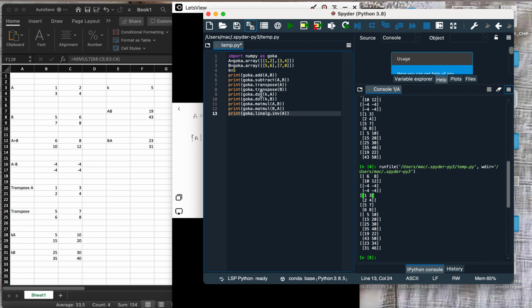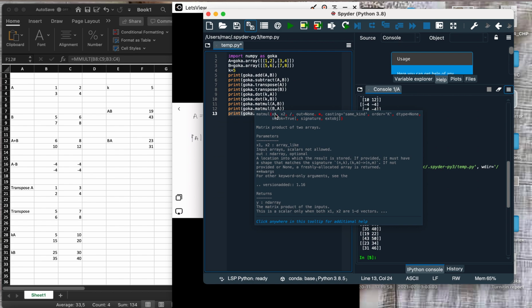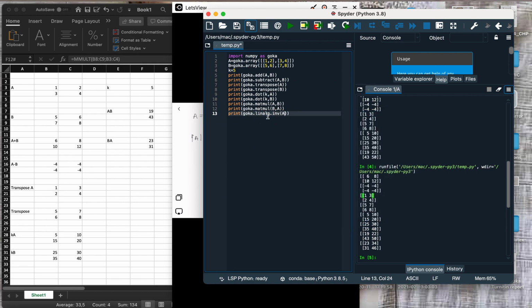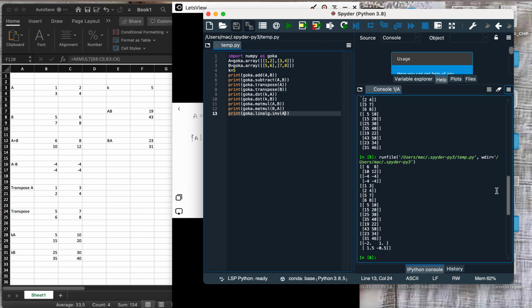So the same thing that we've been doing for the transpose, for the add, for the scalar, the product of matrix, we do the same thing for the inverse of a matrix, but this time the function that does the inverse is linalg.inv. Okay, so linalg.inv of matrix A, and then if we run it, we get minus 2,